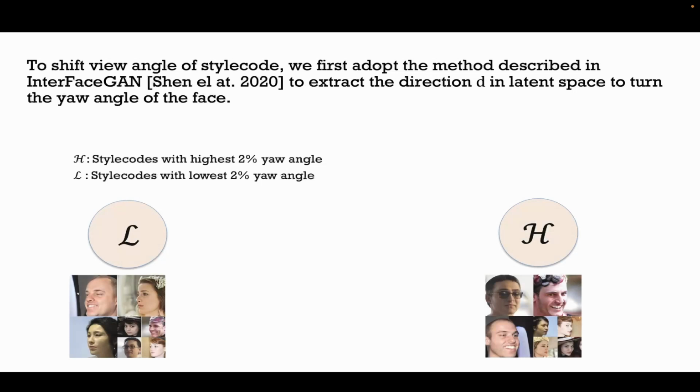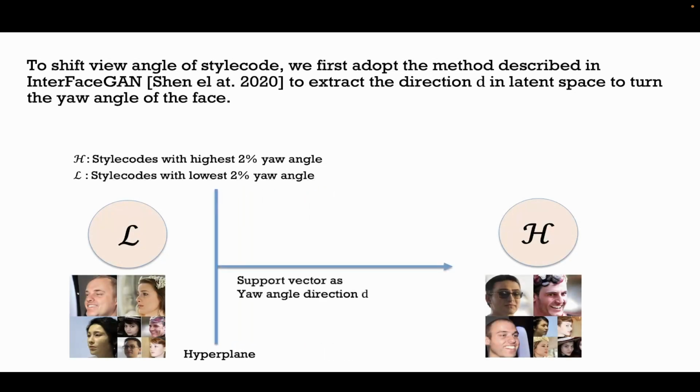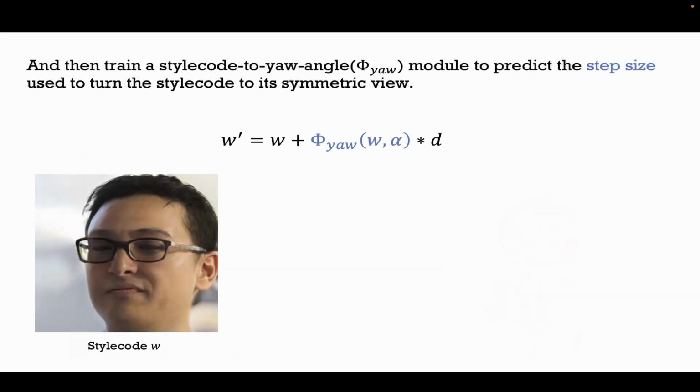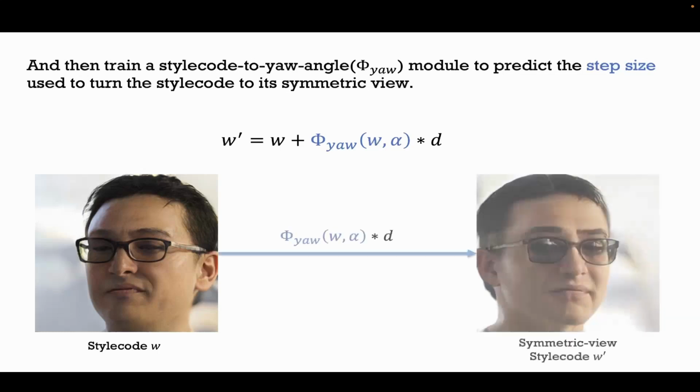They propose to label a desired attribute of stylecodes as two groups with extreme extent, and train a support vector machine, SVM, to determine the boundary to separate these two groups. Finally, they extract the support vector of the SVM as a direction in latent space to manipulate the desired attribute. We then train a stylecode to yaw angle module to predict the step size used to turn the stylecode to